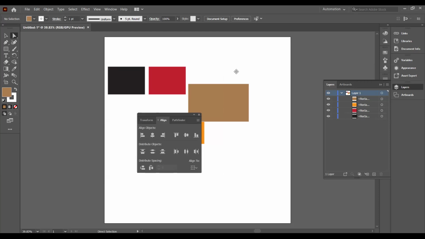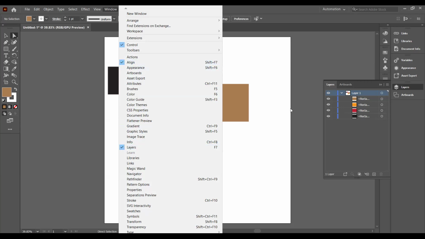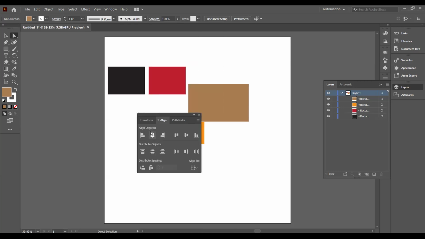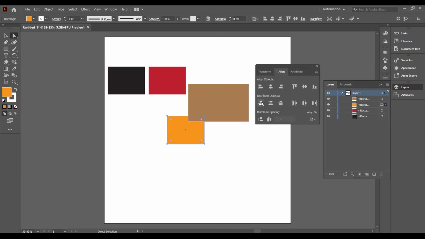Okay, so you can also bring this panel by going to the Window tab, and you can click right here where it says align. With the help of that, you have different options. You can align objects. You can also distribute an object as well. So object distribution works like, for example, if this is an object,